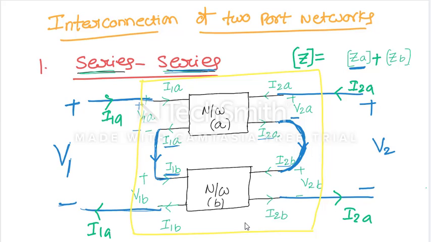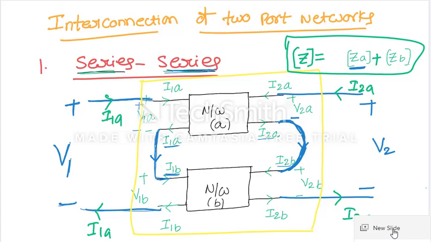The current is the same, but the voltage is dividing. In a series connection, the overall Z parameters are given as the sum of the two Z parameters, isn't it? Next, now we'll see the